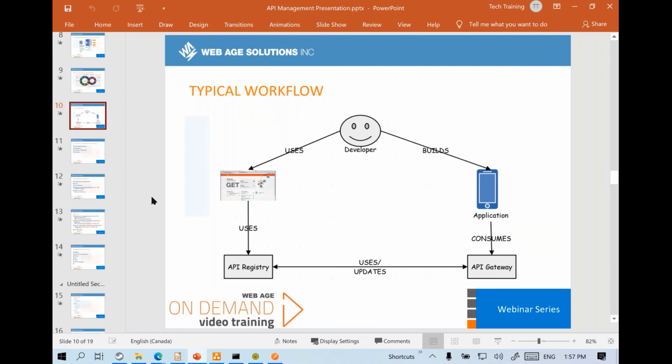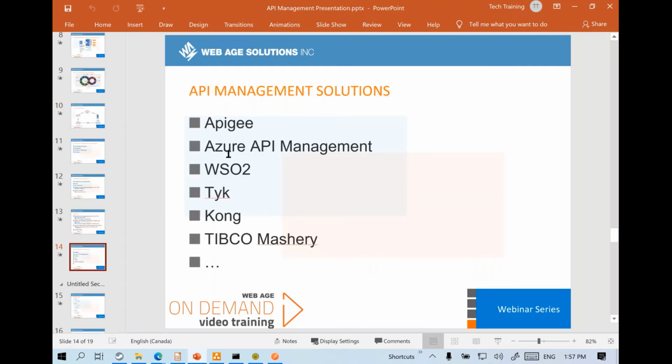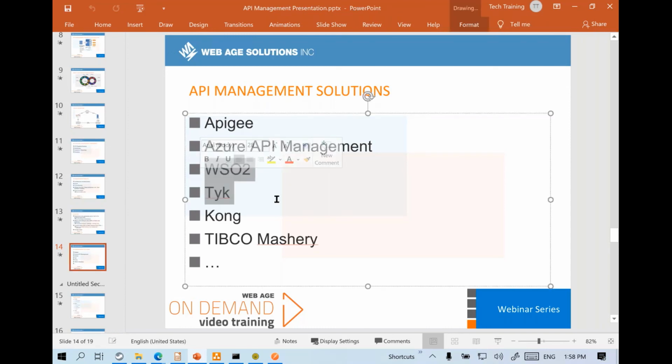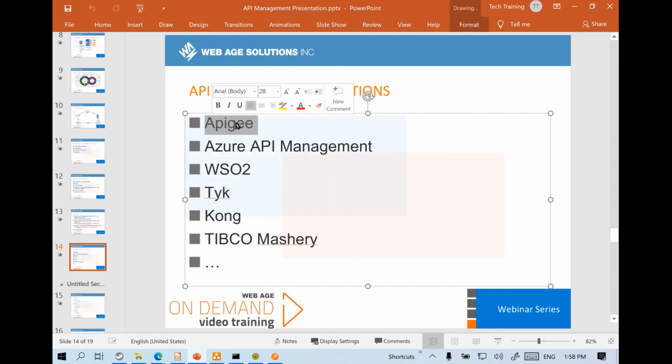So all these capabilities are available in most professional off-the-shelf API management solutions, such as Apigee, Azure API Management, MuleSoft has a solution as well. TIBCO has it. Kong is there. TYK is there. And in fact, there are lots of open source, free of cost options. Like these are totally free of cost, and this is in fact open source as well. Even TYK is available as a free option. Apigee is also available as a free option if you want to install it in your on-prem environment, or you can choose to use it on cloud as well if you want.